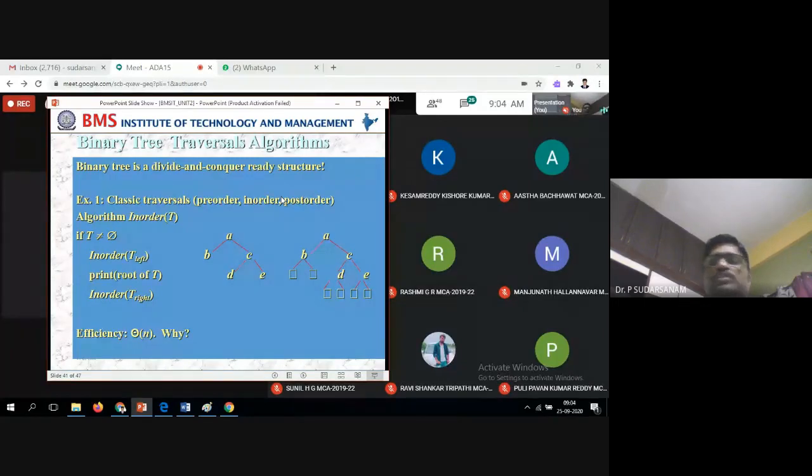So when you come to quicksort, if the elements are mixed, then quicksort will be the best. That is called theta of n log n. Otherwise, if the elements are in descending order and you try to sort them, it will work like selection sort: the element will be moving to the last, and only on the left-hand side you will be getting the elements, not on the right-hand side. That is the reason the time complexity is high. It will work like selection sort or bubble sort. That is called theta of n square.